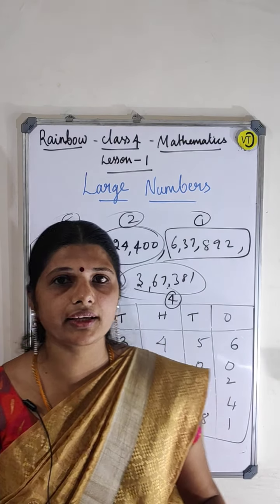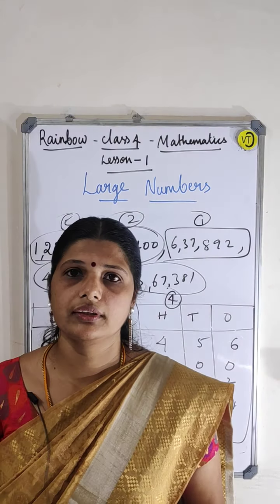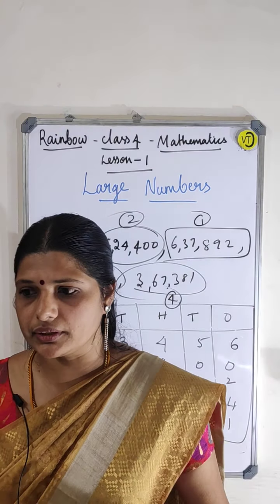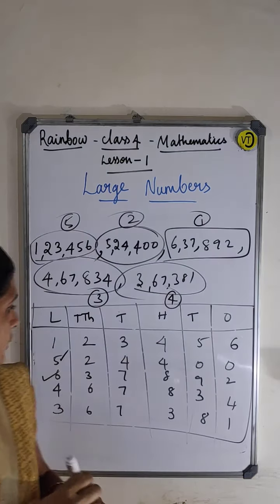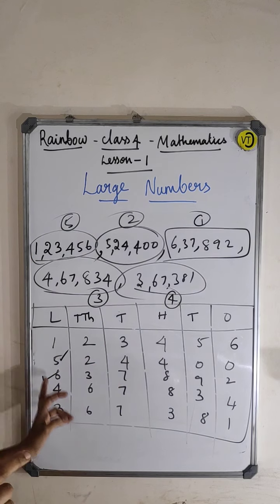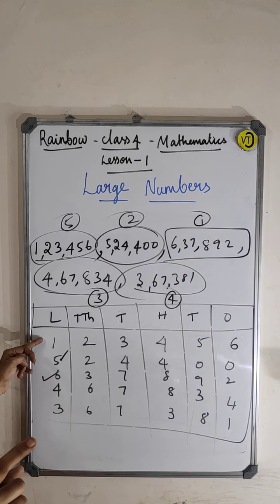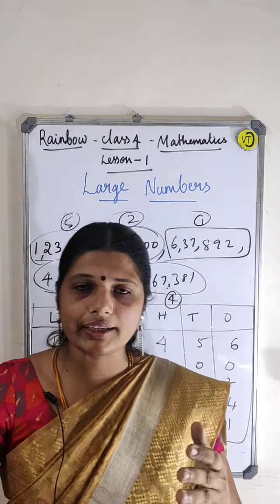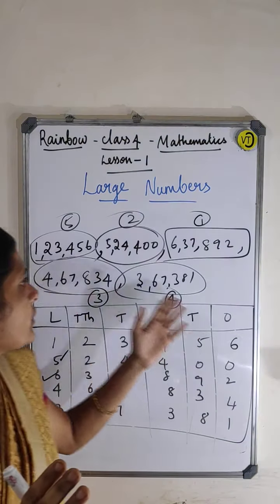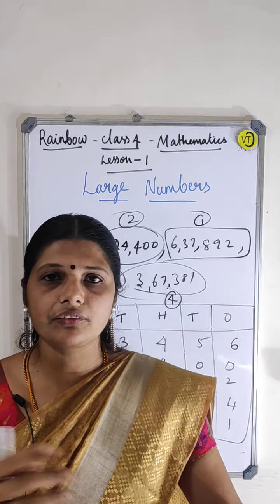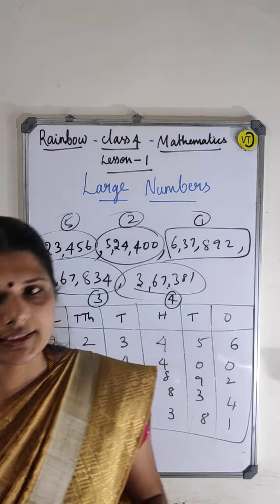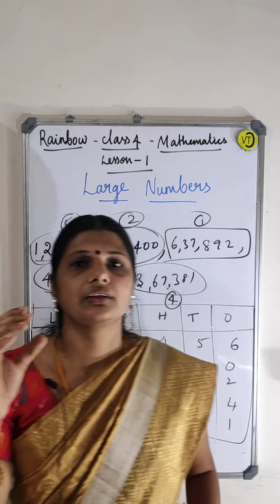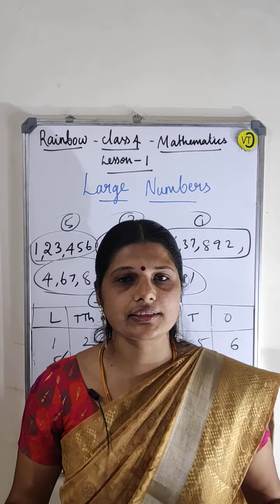The same thing I can do in the ascending order also. Ascending order means the same thing you are going to compare. Since all the numbers are 6 digit numbers, we start from the lakhs place here. So which is the least number here? The lakhs place is 1 here. Okay, the first is 1, the second one will be 3, then 4, then 5, then 6. The ascending order is also very same. It will be like the reverse, right? Whatever you have written in the descending order, you can write in reverse, and that will be the ascending order. So this way you can represent the numbers in the ascending order and the descending order easily.